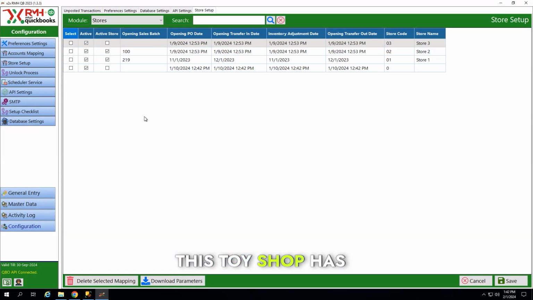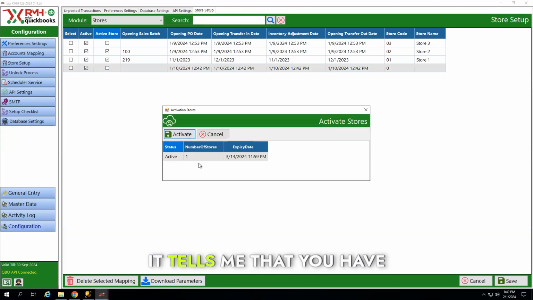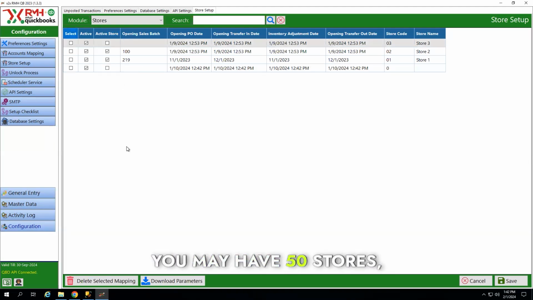This toy shop has got 3 licenses. So when we go enable the license here, it tells me that you have got 1 unused license. And once I use this license, then I will have 0 unused licenses. Exactly the same way the RMH terminal activation works. Exactly the same process. So you may have 50 stores, but you can only activate X number